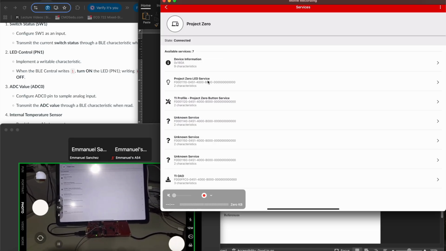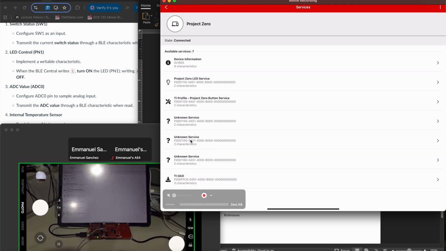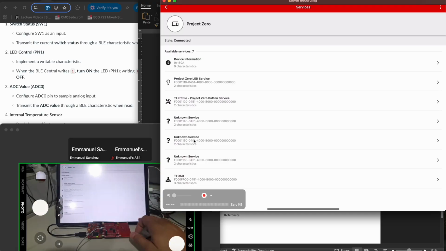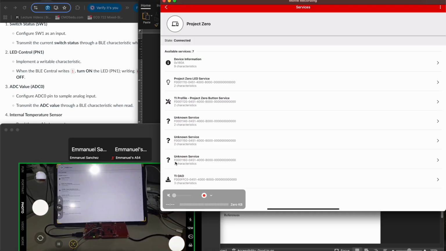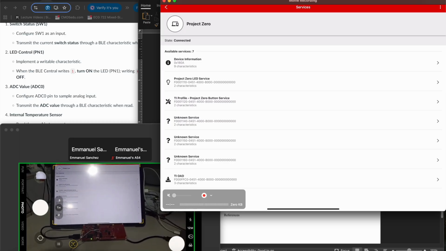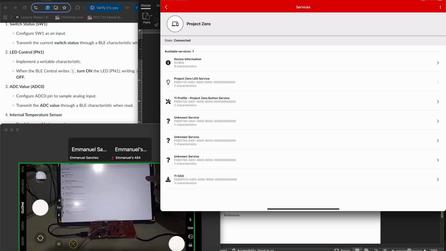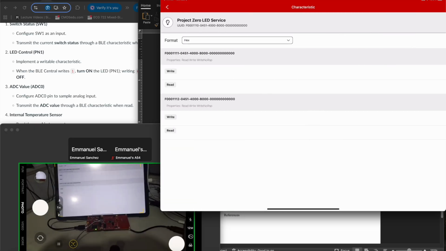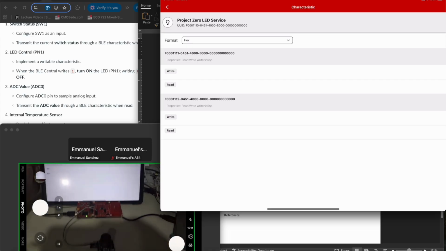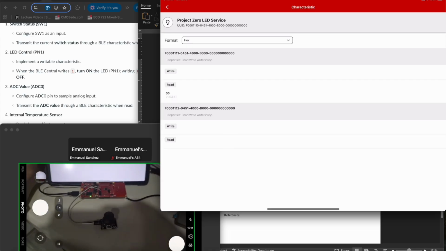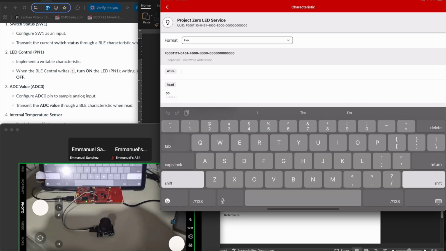There's the LED service, button service, the internal temperature service, then there's a static message, and then the last one is the ADC value. So we can go ahead and click on the LED service, and if we read the status of the LED, it should return 0 because the LED is off. So we can write a 1